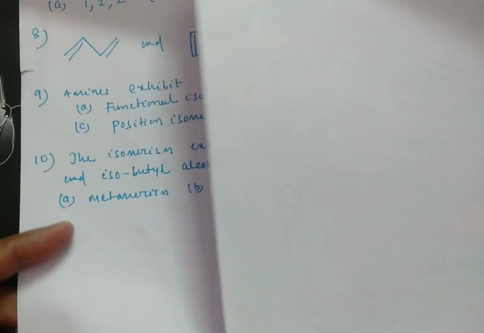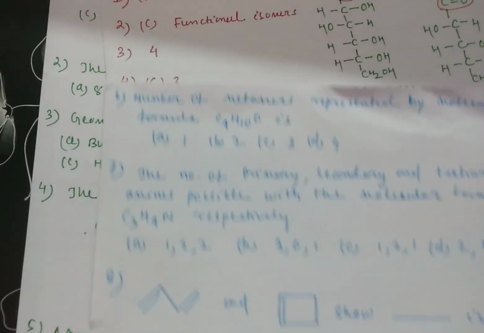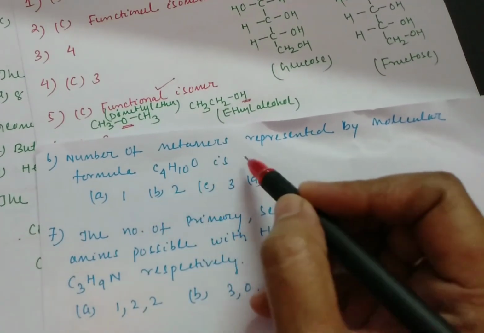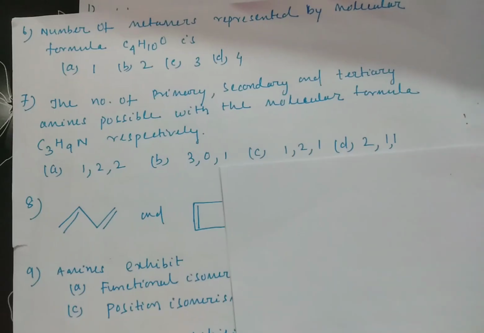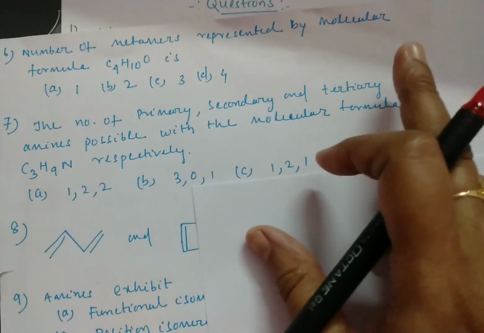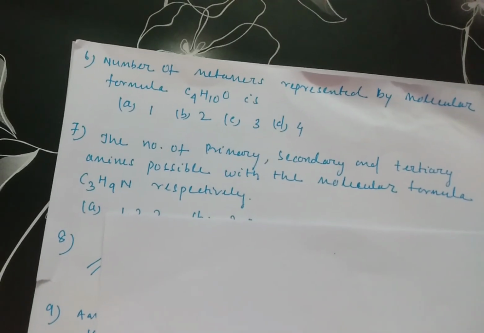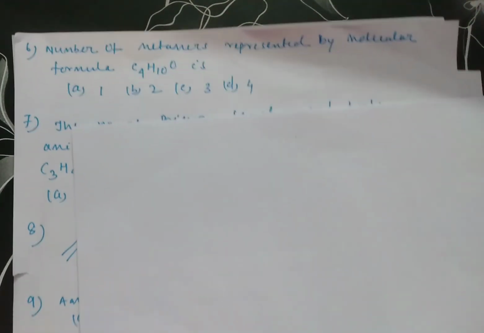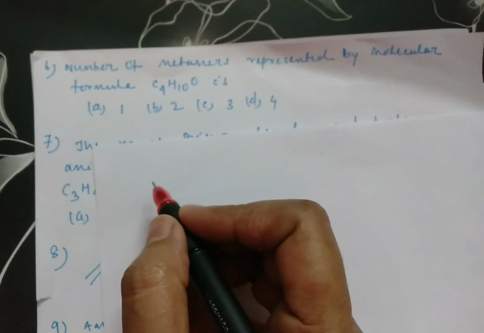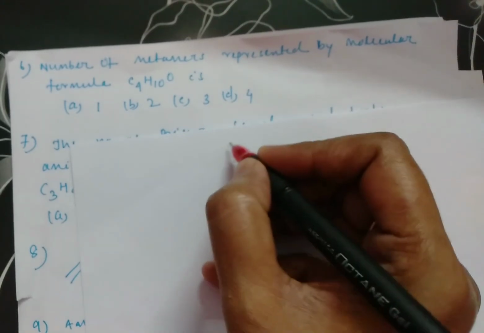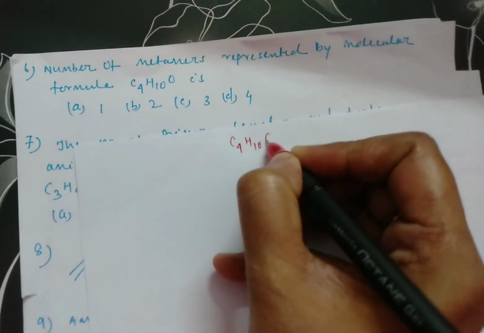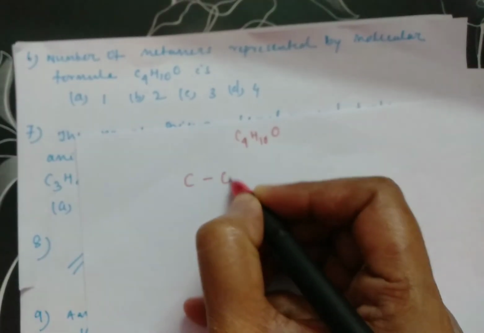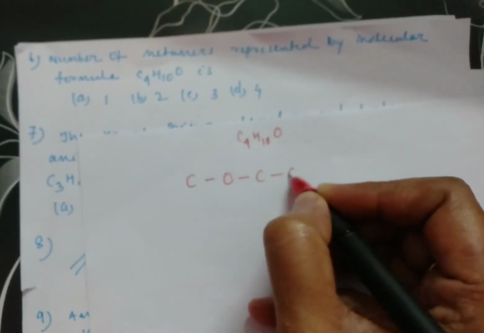Next is number 6. What is the question? Number of metamers represented by molecular formula C4H10O. Now let us discuss what compounds are possible with the molecular formula C4H10O. Now see here, if I write a compound with the functional group ether, 1, 2, 3, 4